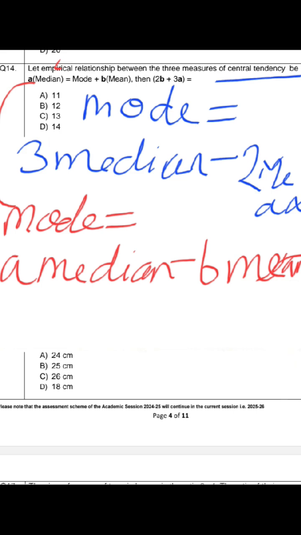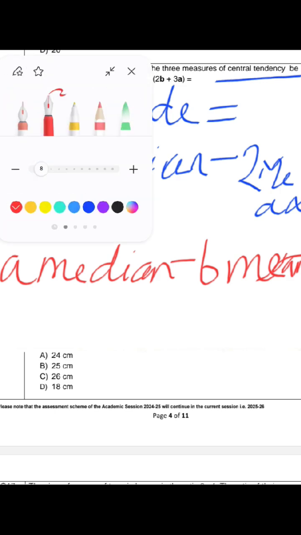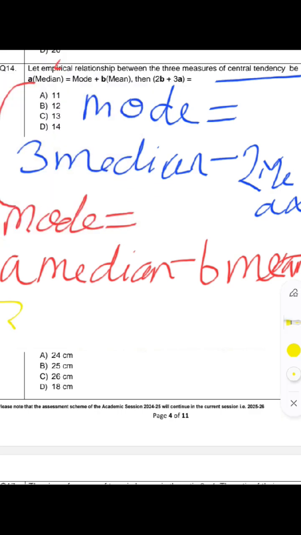Okay, यहाँ पे स्पेस कम है, तो इस तरीके से हम ट्राई कर रहे हैं सॉल्व करने के लिए. Now we need to find here 2b plus 3a. Now we are changing the color. You see here,